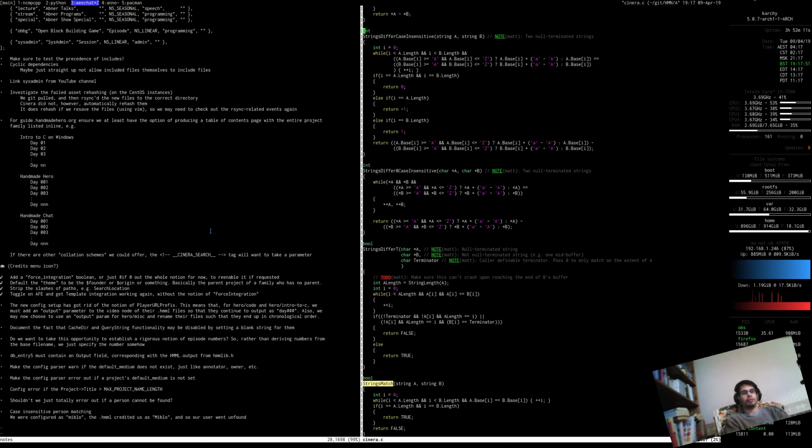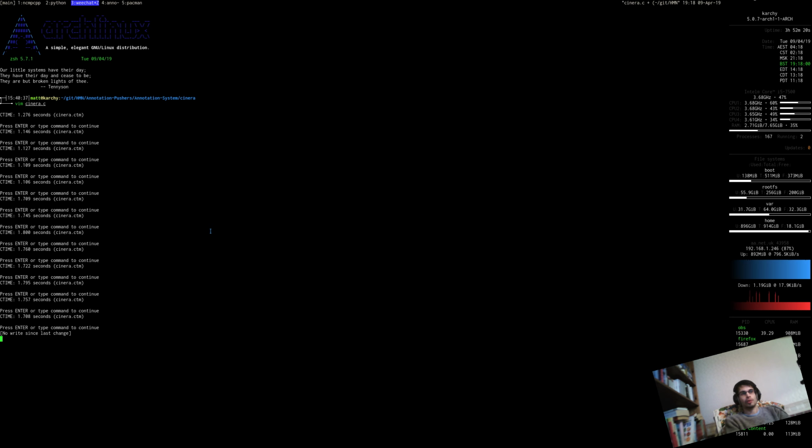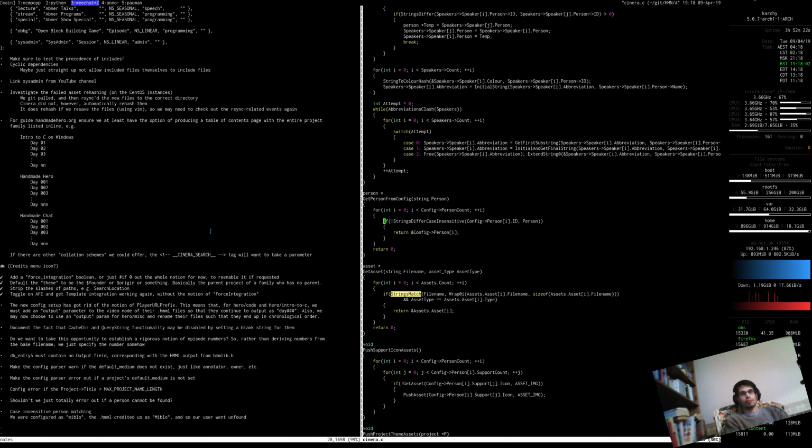Just use case sensitive. Was there another case insensitivity one that we wanted to check? Don't think so. So this should mean that